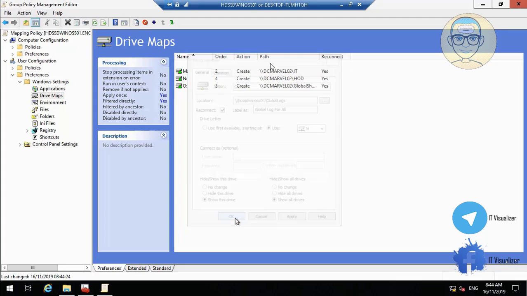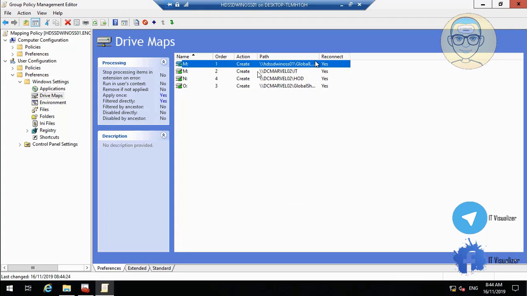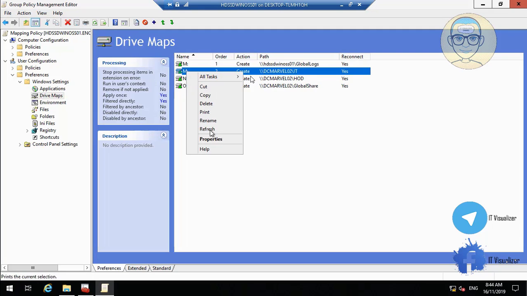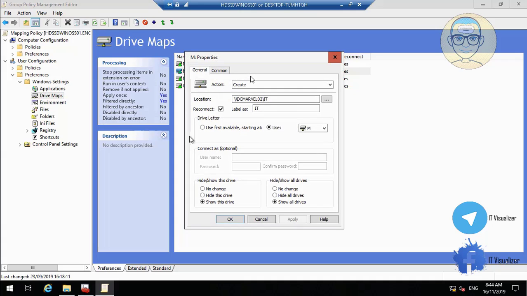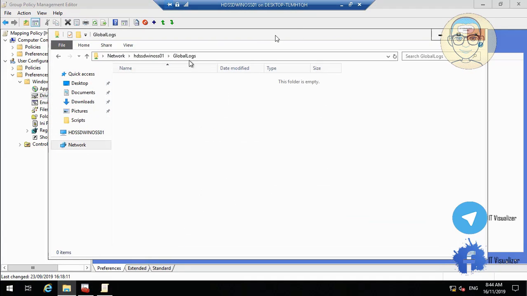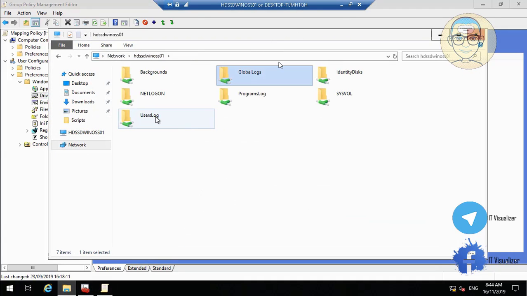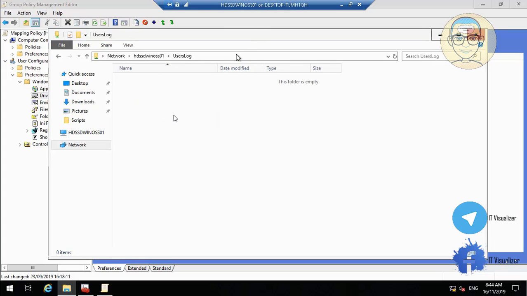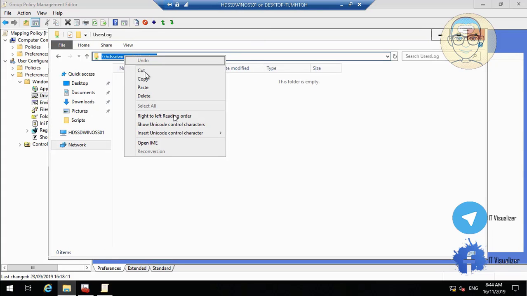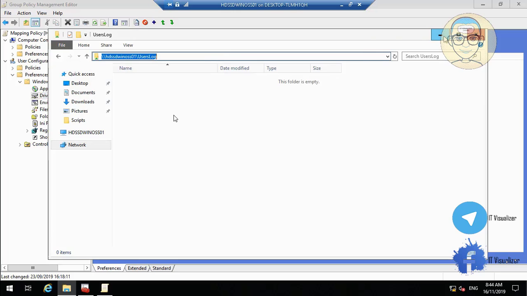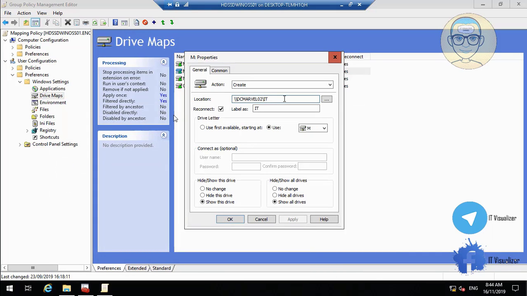And this is the first department share. It will appear as an M and it will be named global, and this is the second one. We will go also and take another department share which is named user logs. This is another department share, so we will copy it, and then this is the location of the department share,